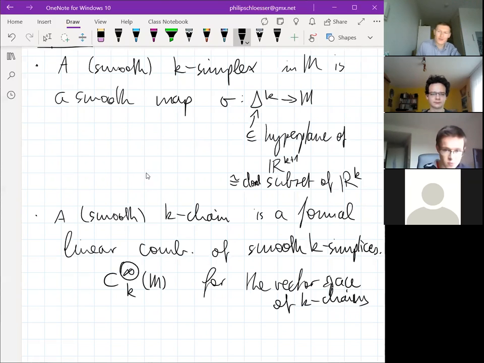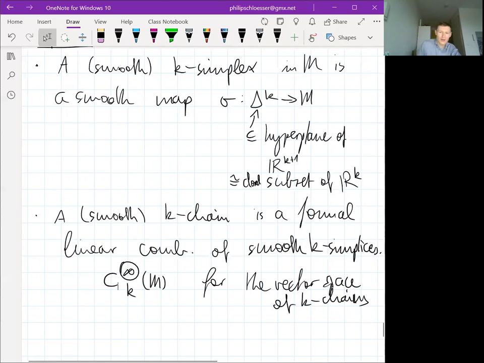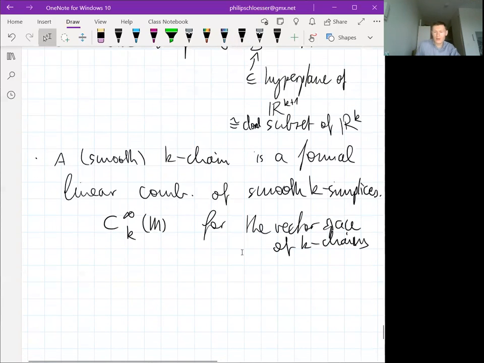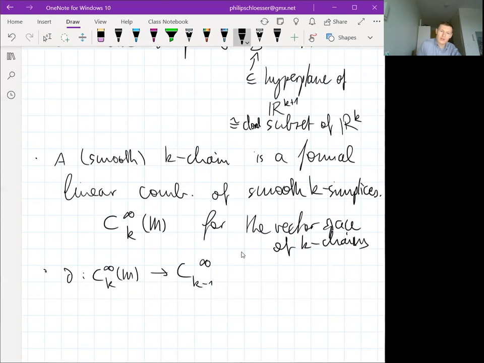Just infinity for smooth, and then CKM as we are sort of used to from algebraic topology. And we again have an operator, a boundary operator from CK infinity M to CK minus 1 infinity M,